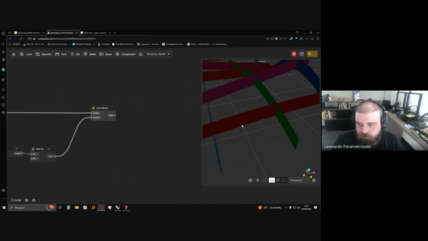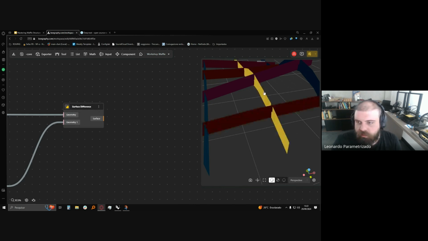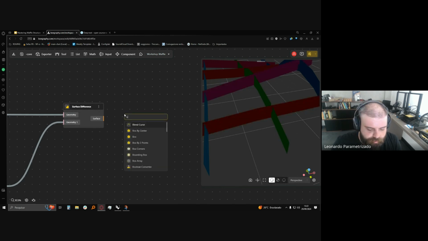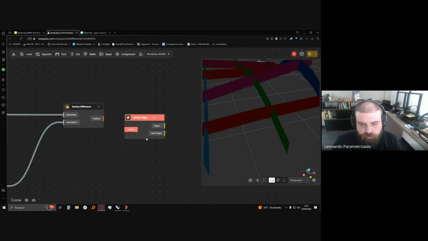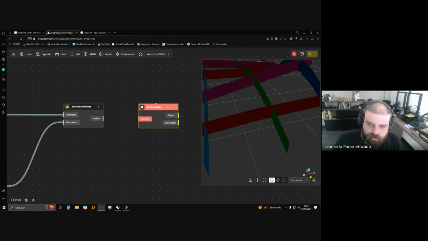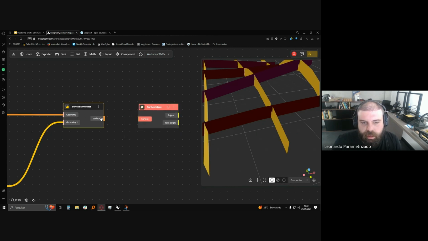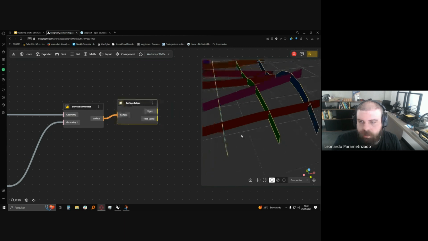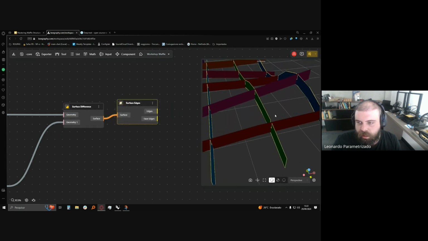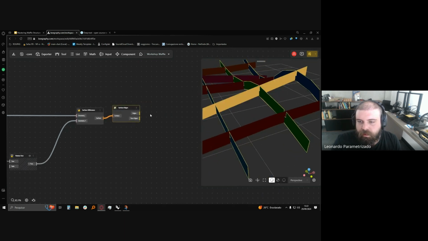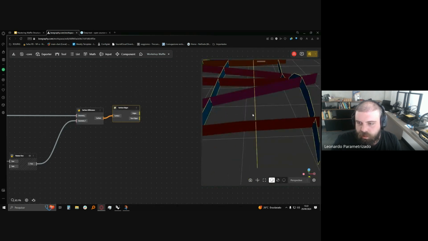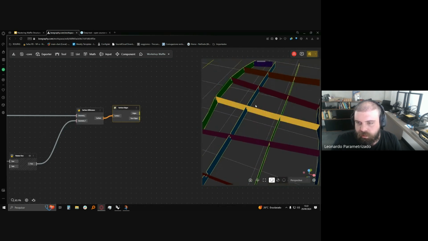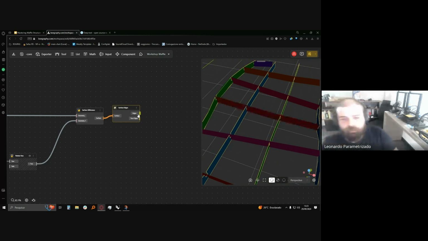We can extract the contour of this object with the BeeGraphy surface by edges, because we are using a surface edge, just one. So I connect a surface here. Then, as you guys can see, we got the edges of the surface. Then we just need to move it in these two directions here. So